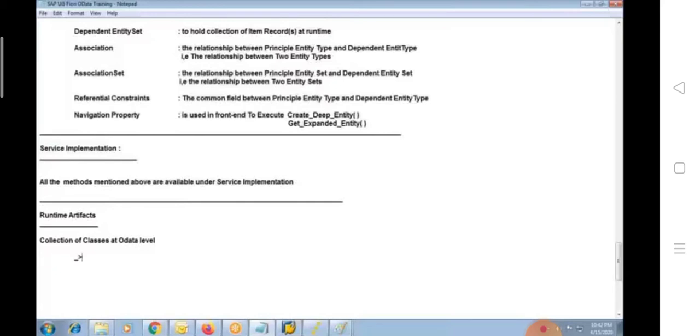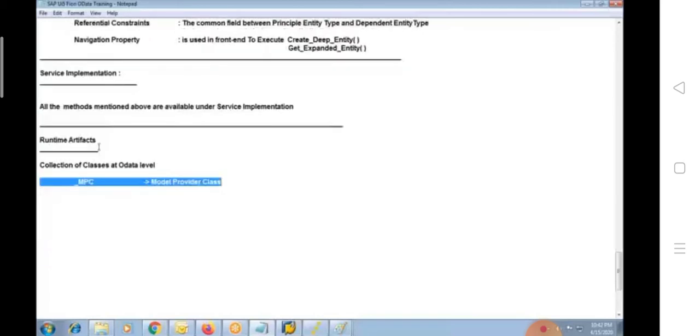Something like there will be a class with MPC, and we call it the model provider class. When we use it practically, I'll explain. I'll introduce each and every detail of the MPC class. But this is part of runtime artifacts.